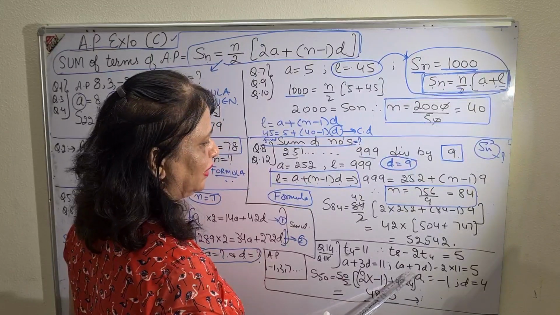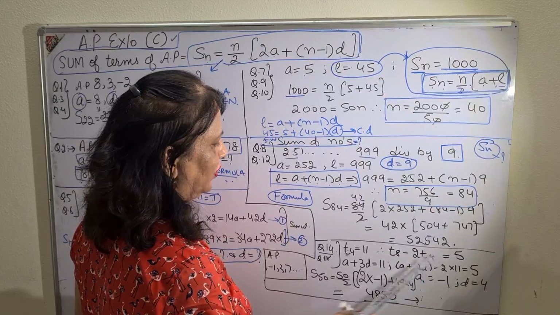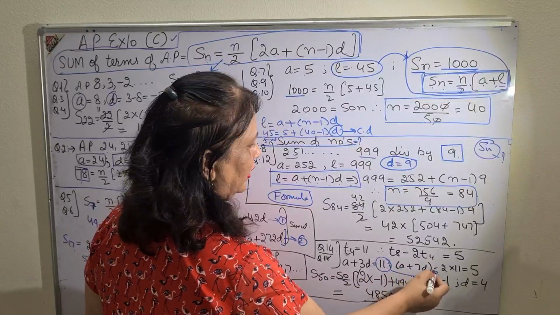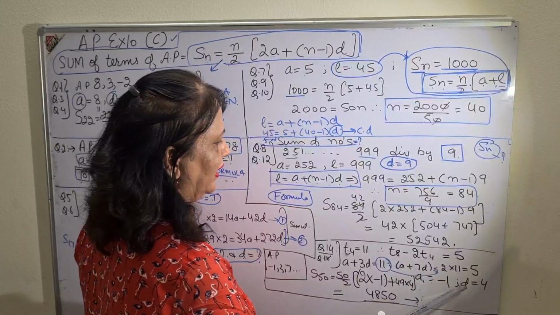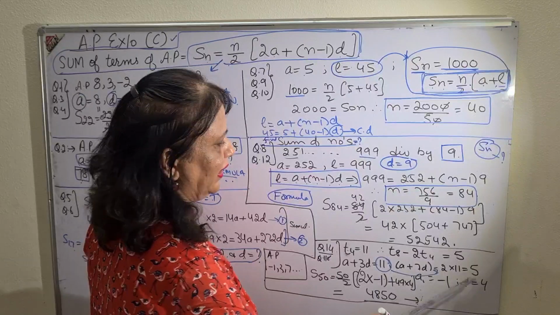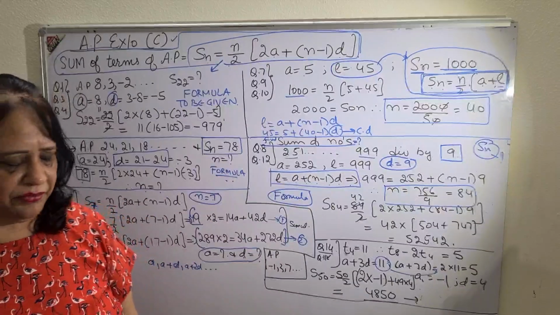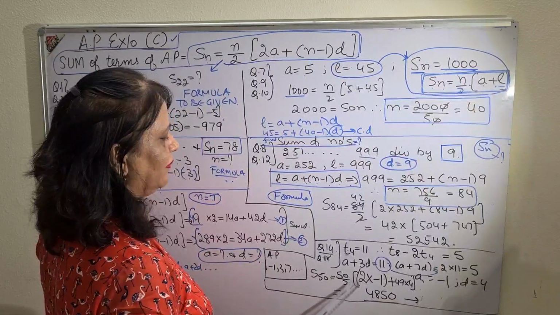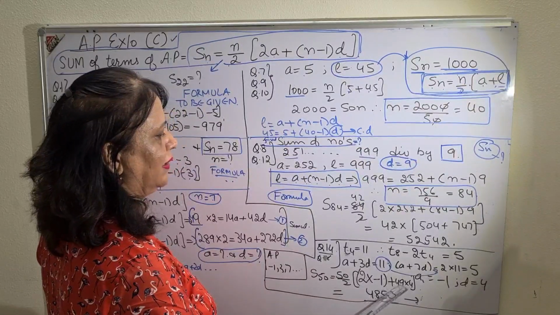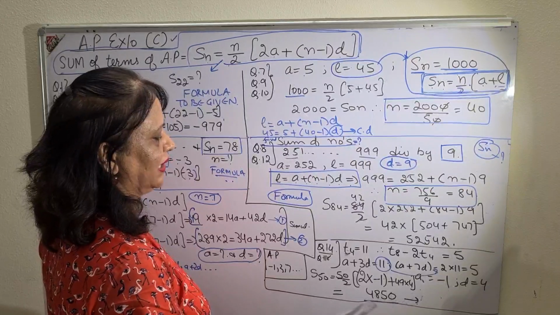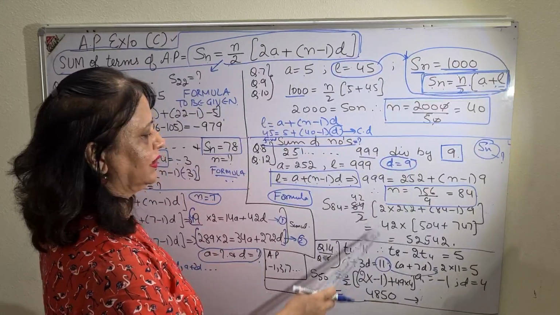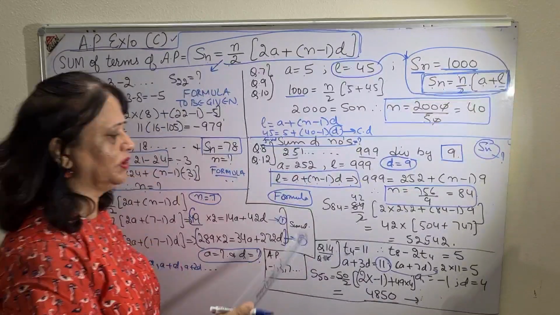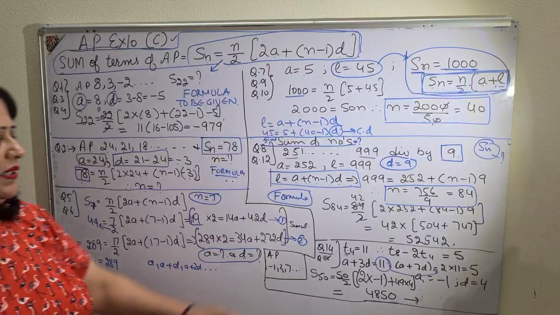Change into terms, a plus 7d. T4, I have got the value 11, so I directly put 11. I have substituted here, got the values of a and d. Once I got the values of a and d, they asked me to calculate the sum of 50 terms. So same formula, sum of 50 terms as 50 by 2, 2 into a plus (n minus 1) into d, and please calculate whatever the answer is. This is your method of doing it. 1, 2, 3, 4. So question number 14, same method children.